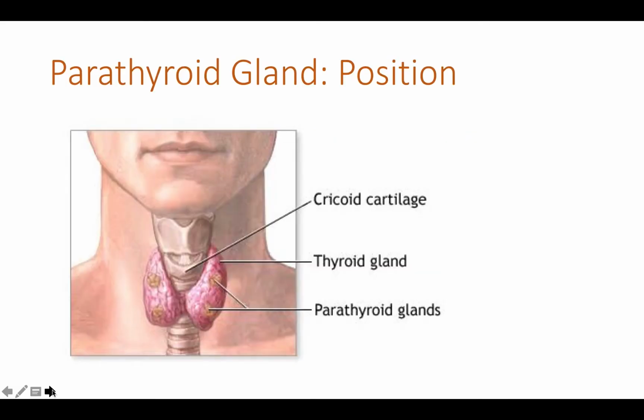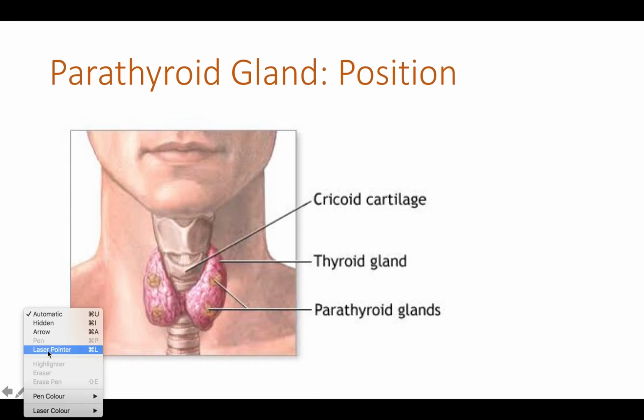Parathyroid glands are four small glands of the endocrine system. They regulate the calcium in our bodies. Parathyroid glands are located in the neck behind the thyroid, where they continuously monitor and regulate blood calcium levels. The parathyroid glands are two pairs of glands, usually positioned behind the left and right lobes of the thyroid.